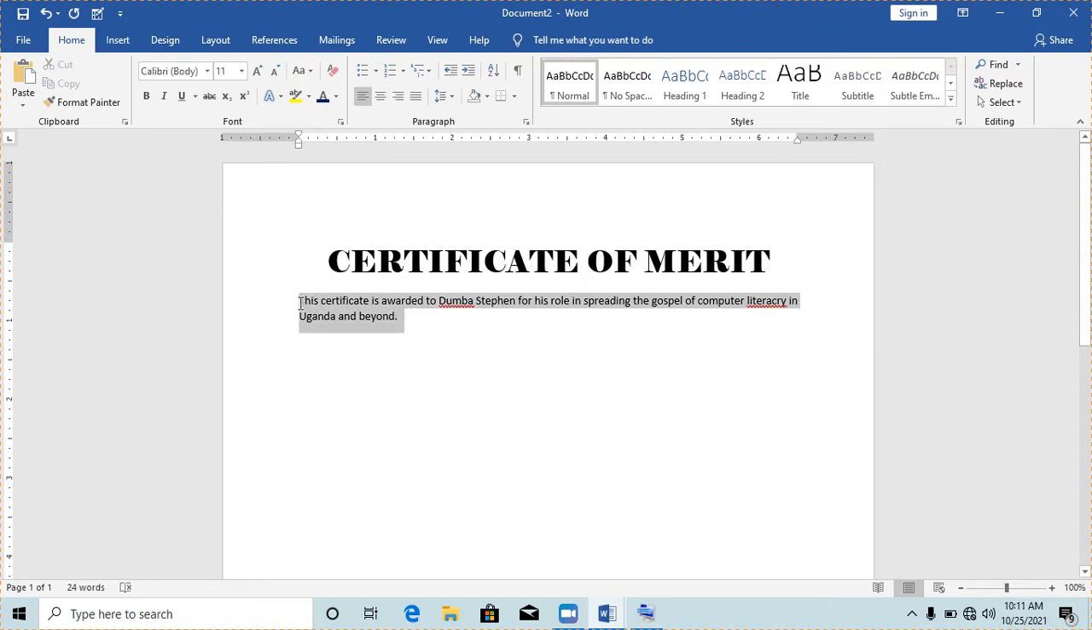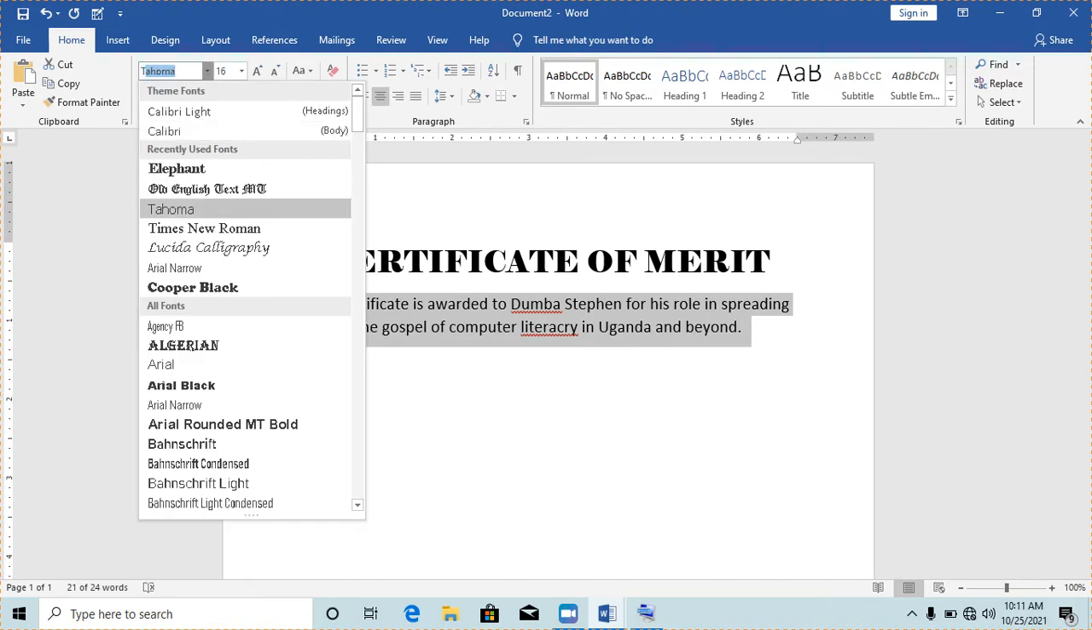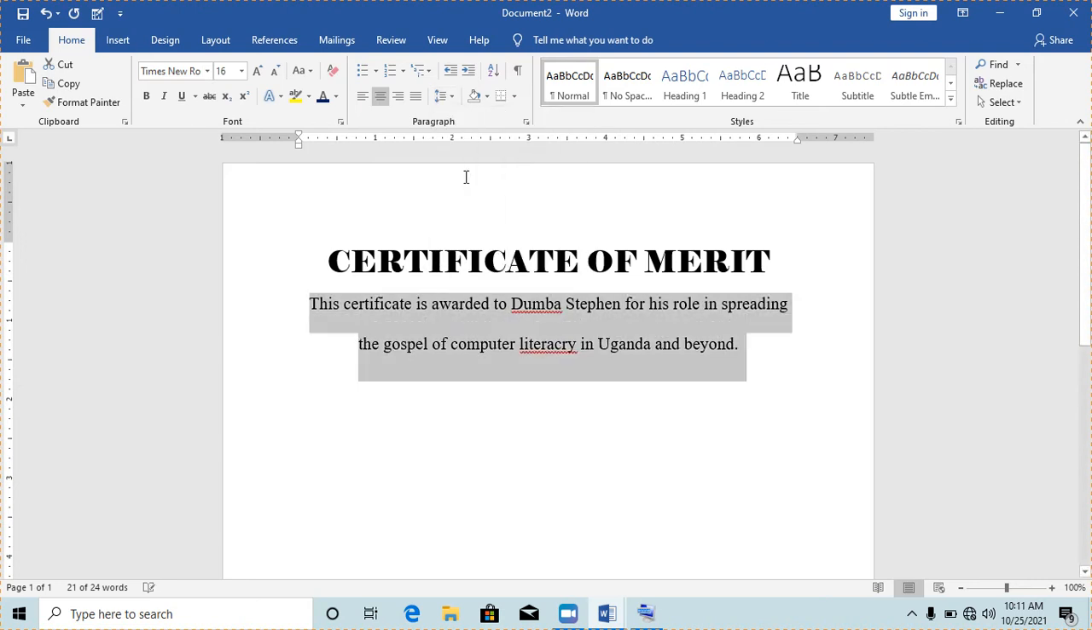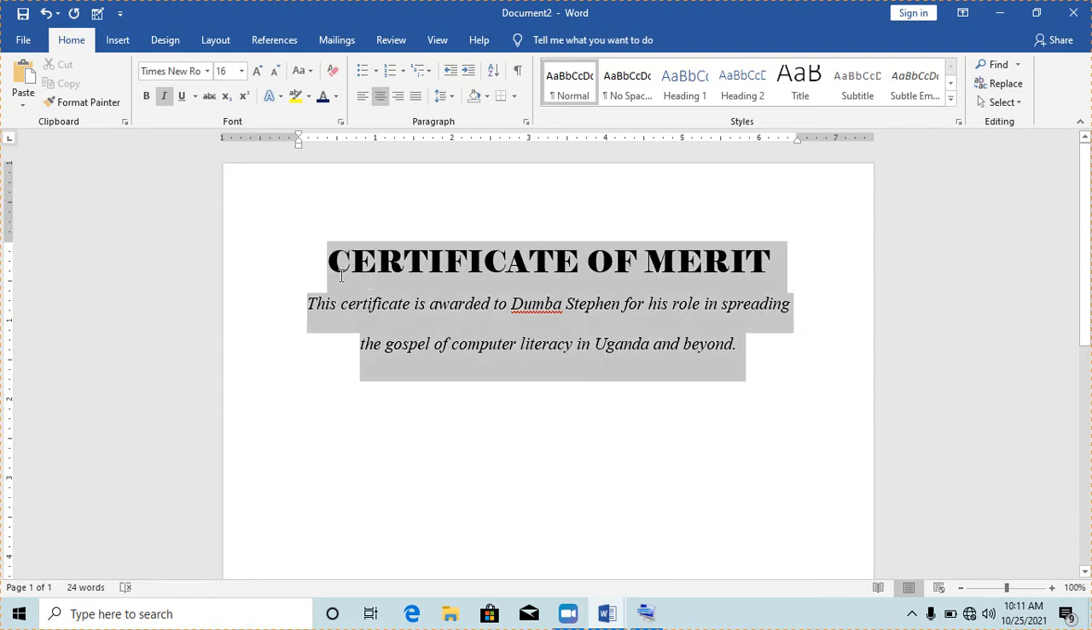Then I'll come and pick this paragraph also, center it. I'll also increase the font size. I can even change the font to Times New Roman. So that is it. I can change the line spacing to 2. And then I can decide that it is italicized. So here we have our certificate, although it's not complete, but at least for what we learned in this lesson,